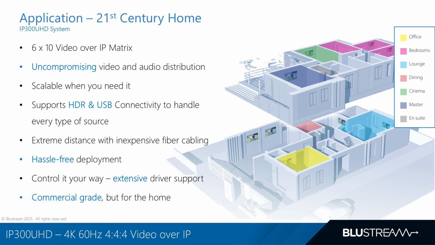On top of that, the IP300 UHD supports HDR10 Plus and Dolby Vision, delivering vivid cinematic visuals, and thanks to eARC capability, high-resolution multi-channel audio, including, like I mentioned before, Dolby Atmos and DTS:X, can be routed directly from the TV back to your equipment rack without the need for additional cables or converters.